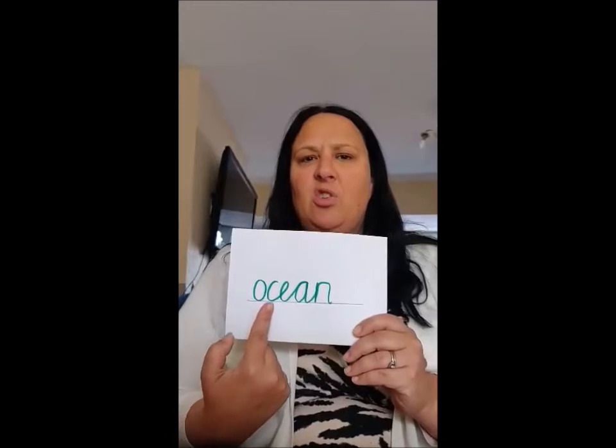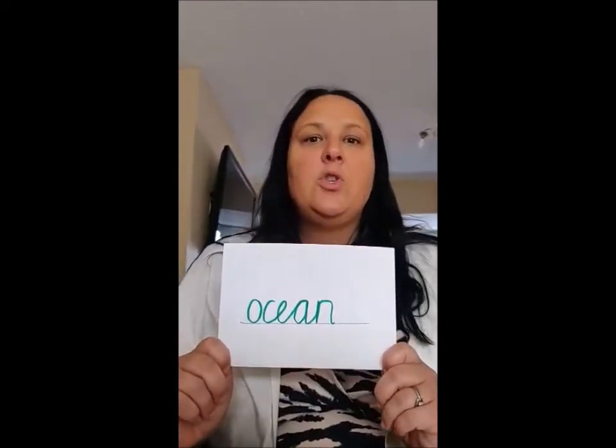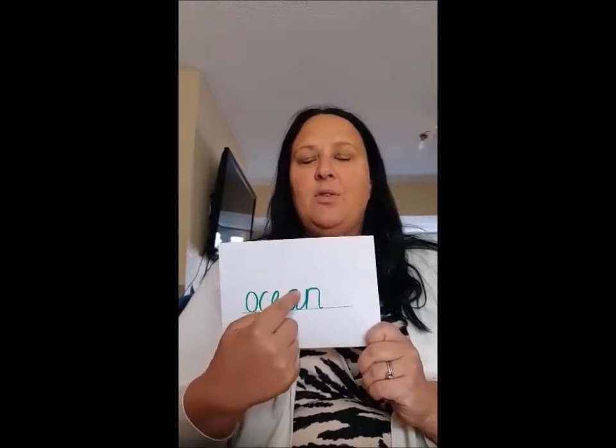Now the O is obvious, ocean, and then we've got the sh, so the n on the end, we understand that. However, in the word ocean, the sh doesn't really make much sense, so we've just got to learn that in the word ocean, we've got a C, an E and an A, and I like to think that the C to the E to the A looks a little bit like waves of the ocean. So to spell ocean, we go